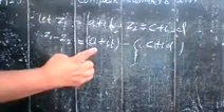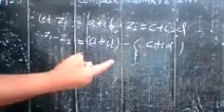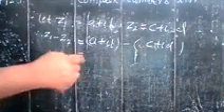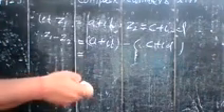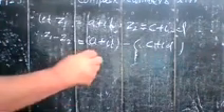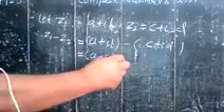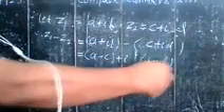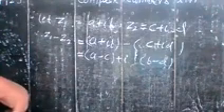So you have to follow the same rule: the real part is to be subtracted from the real part, and the imaginary part is to be subtracted from the imaginary part. So here you have A minus C plus I times B minus D. So in this way you can subtract any two complex numbers.